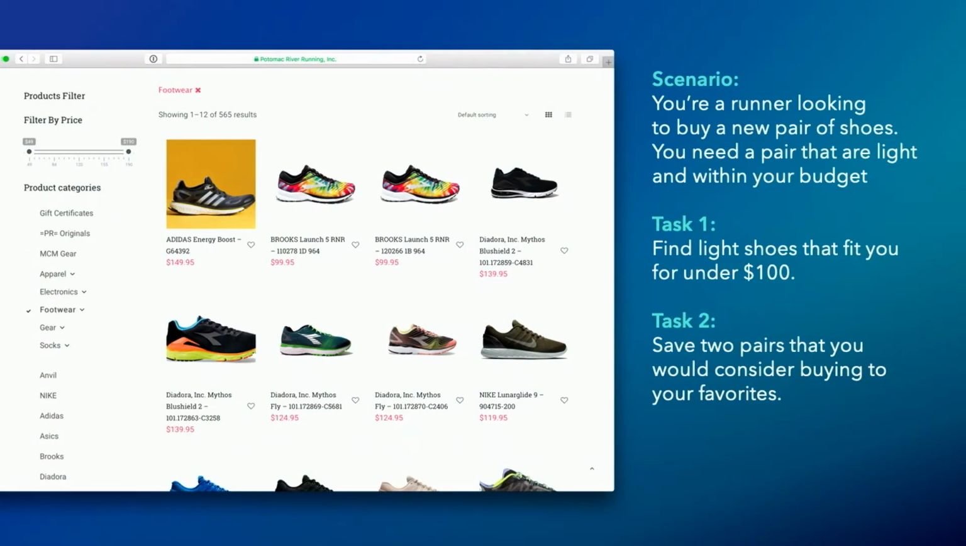So here, continuing with our shoe shopping example, a scenario for this could be you're a runner looking to buy a new pair of shoes. You need a pair that are light and within your budget. First task: given that our goal was to see how people narrow down and find